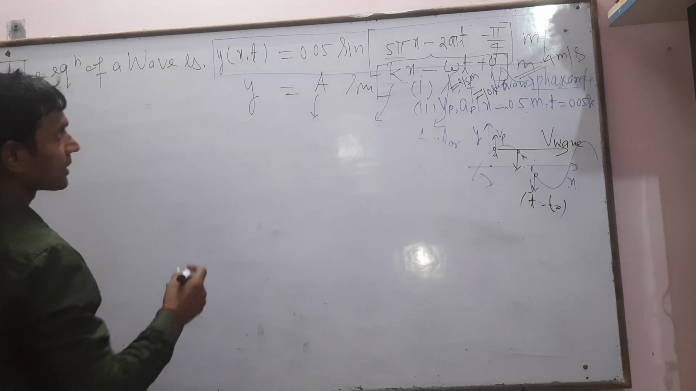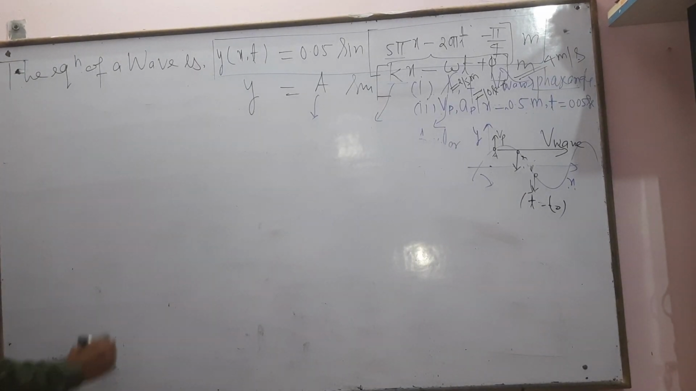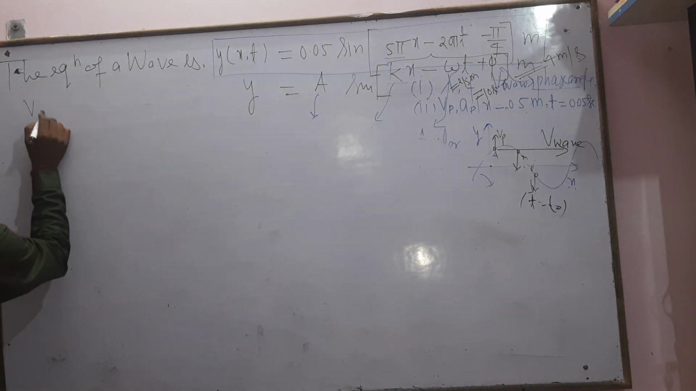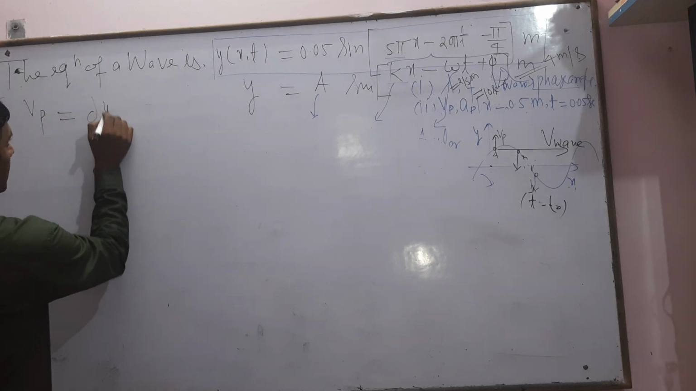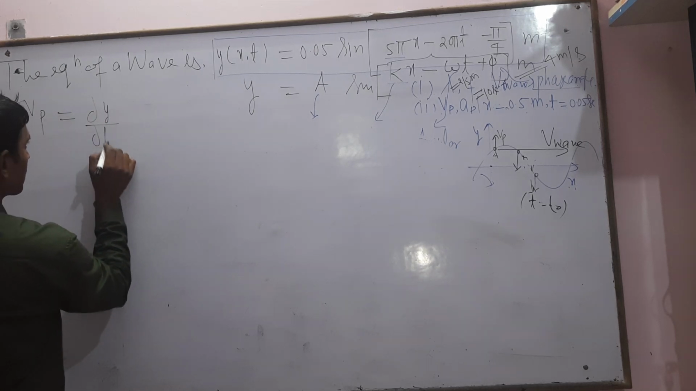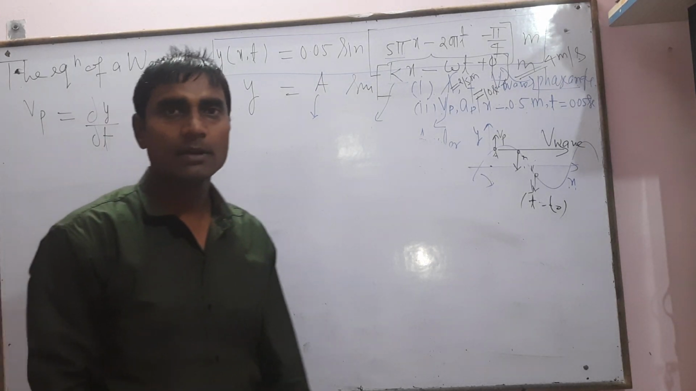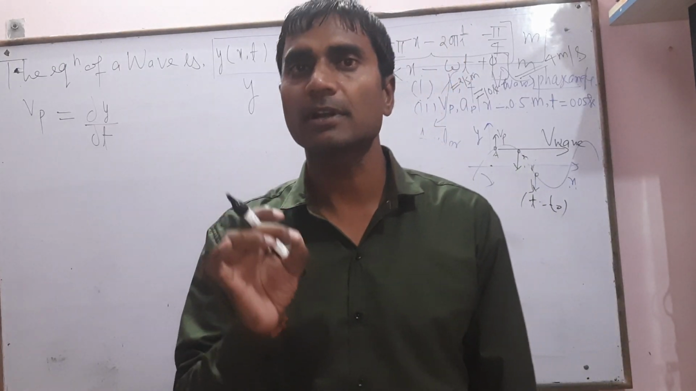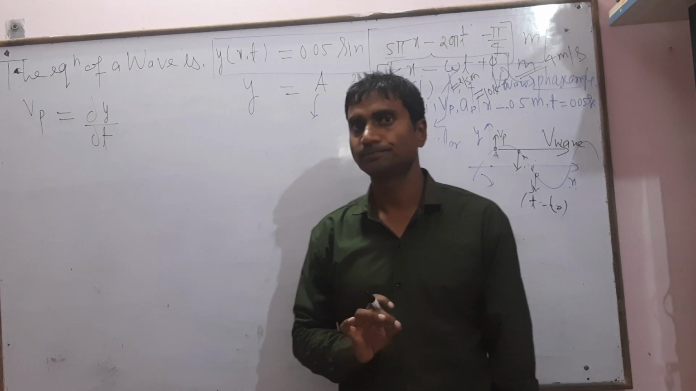Now we discuss the particle velocity. Always remember that the velocity of a particle is equal to del y by del t. Del y by del t means partial differentiation of y with respect to time. This is not an ordinary differentiation of y with respect to time. Partial differentiation of y with respect to time